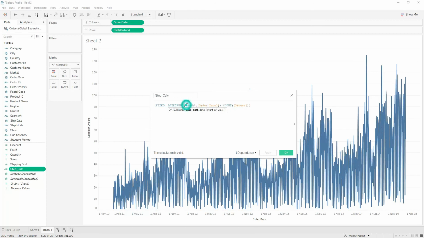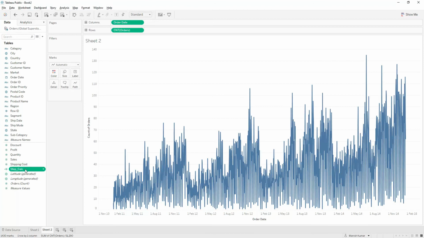So all the order dates which belong to a single week will get the same value here, right? So in a sense, what we are doing is aggregating the count of orders per week, and that is it. The formula is very simple, and how to use this, right?